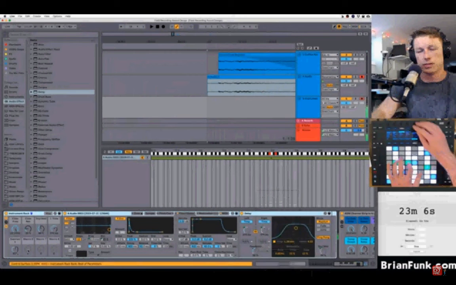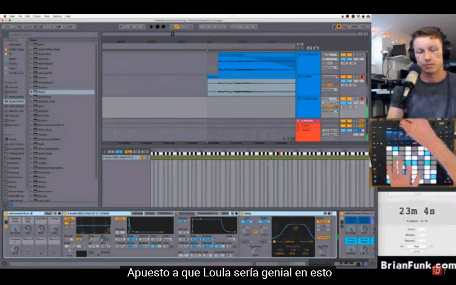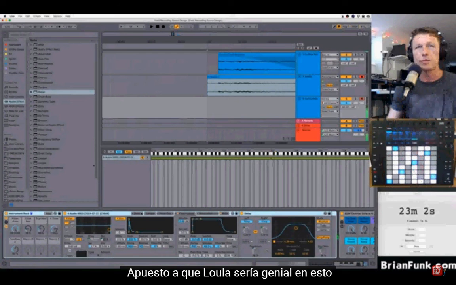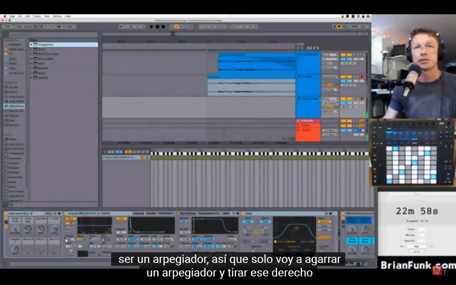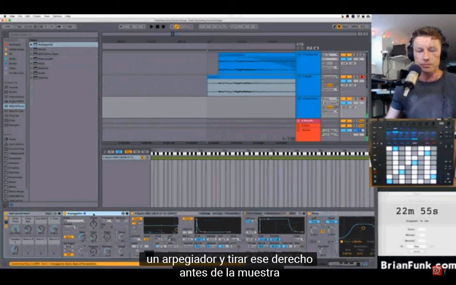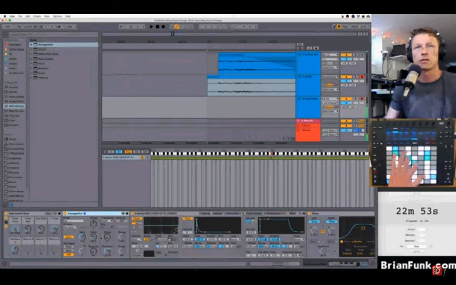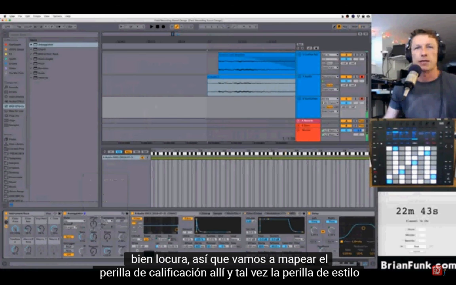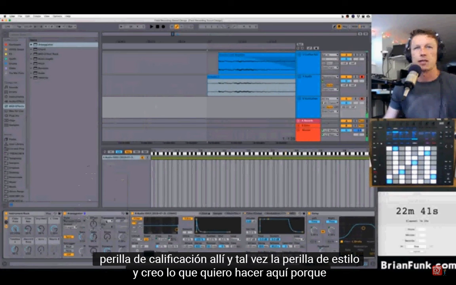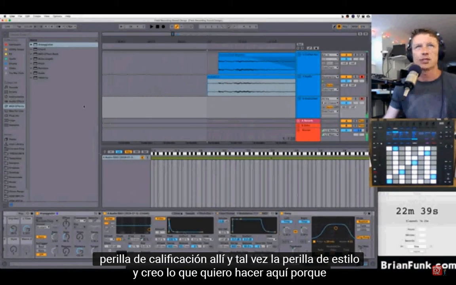I'm going in here so that... I bet what would be cool on this would be an arpeggiator. So I'm just going to grab an arpeggiator and throw that right before the sampler. Turn up the gate. I don't think that matters, actually. Whoa, craziness. So we're going to map the rate knob there and maybe the style knob. And I think what I want to do here, because I'm noticing